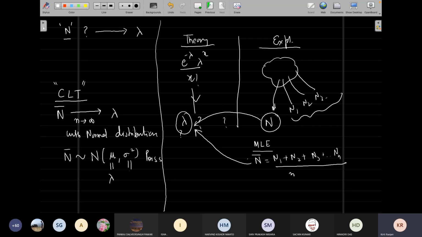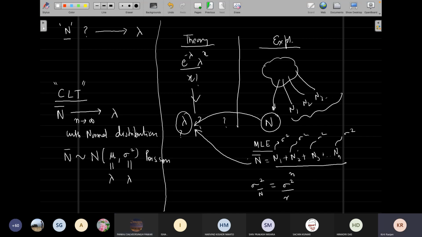And what is this sigma square? Lambda, or something else? Remember, the n are identically and independently distributed. Think about it. Each one of these is distributed with some sigma square. This is what we did. So if I ask you to find sigma square of n bar, what is that? By n square, or something else? Okay, so this should be sigma square over